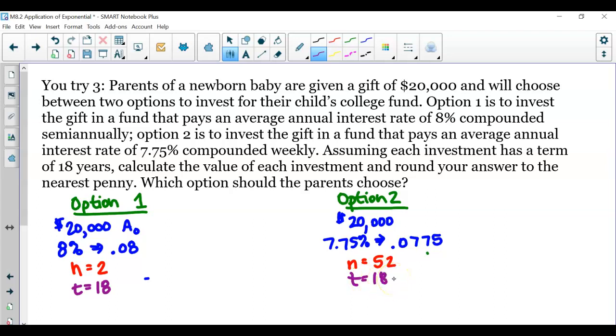Which is going to be the better option? Which should they choose? So that means now you have to use this function for compounding not once but twice. So A is equal to 20,000 times 1 plus, right? Because we're compounding 0.08, but you should have divided by 2. And again, raised to not only just the 18 power, right? Because here with our compound, don't forget to also multiply that value of n, which was 2. When you put that in the calculator, you should get, and again, we're rounding because we're dealing with money,